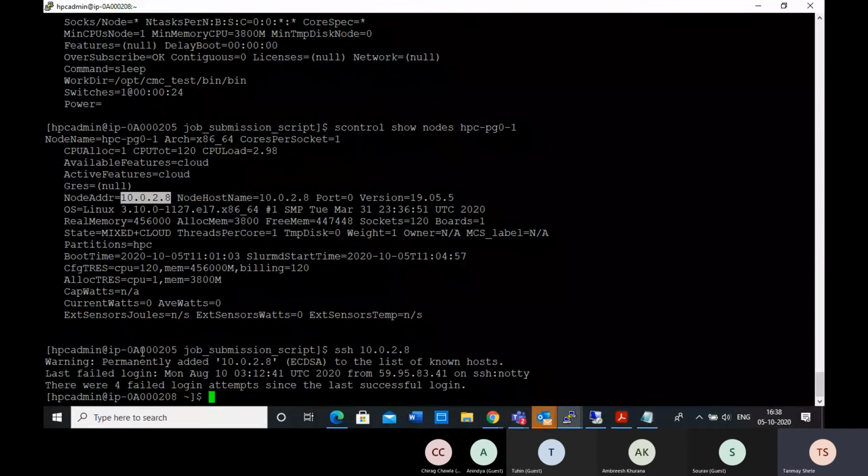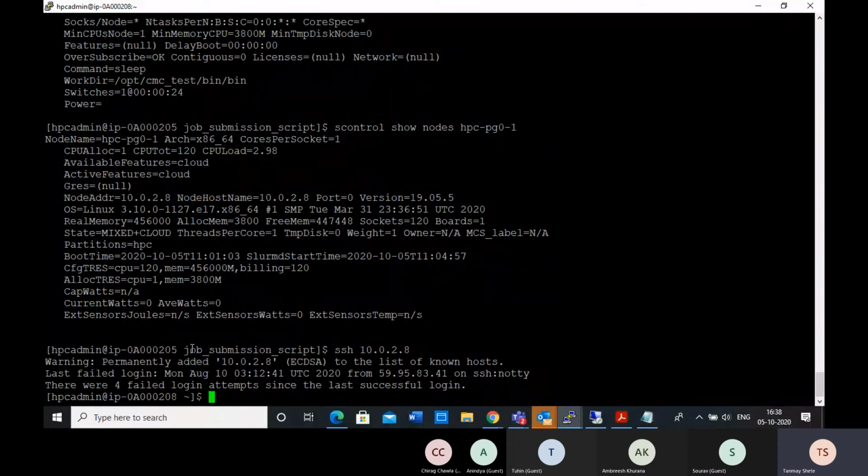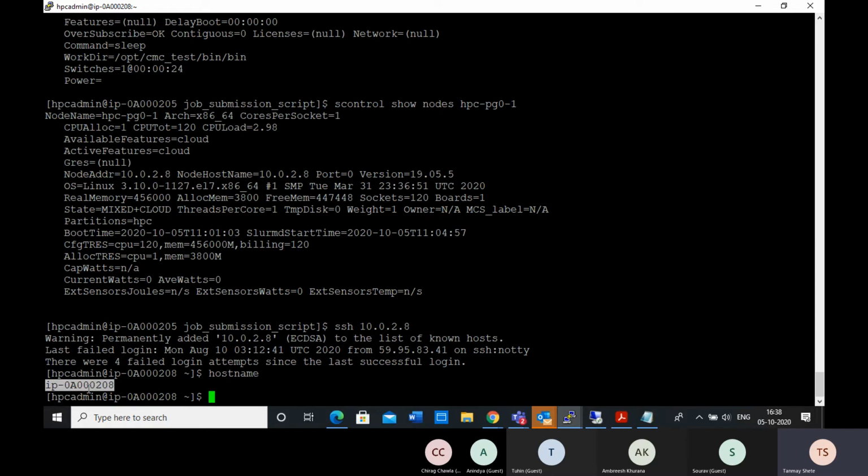In fact, the first host name was 05, now I went to 08. So I went into that machine. If you run hostname, it has a different host name compared to this one. Then you can run the df -h command.